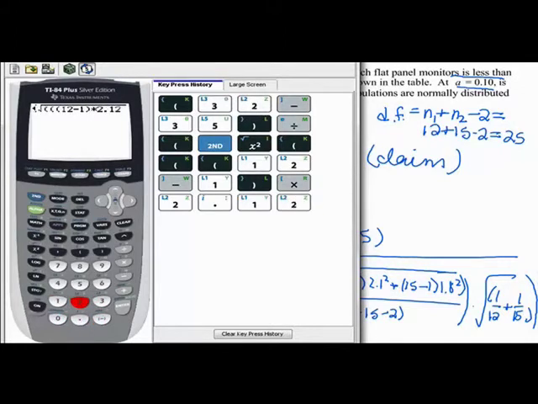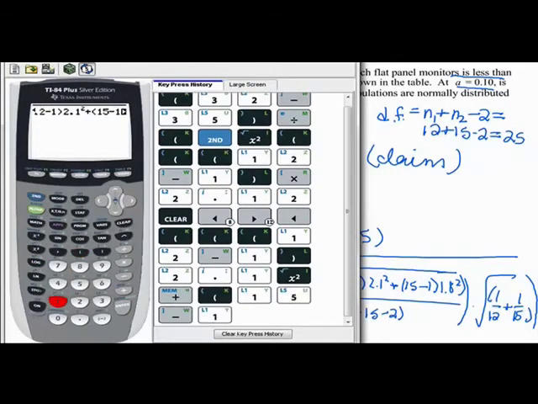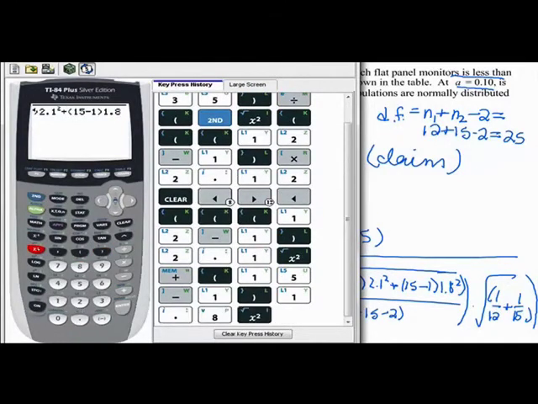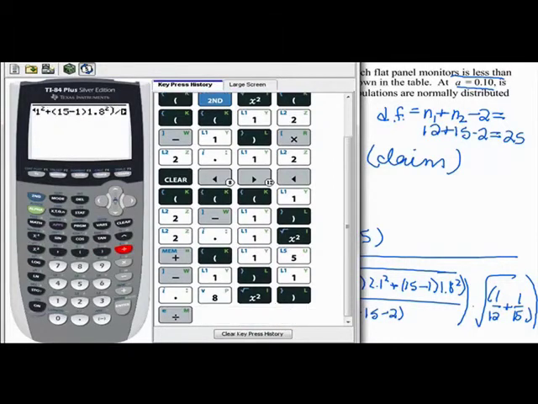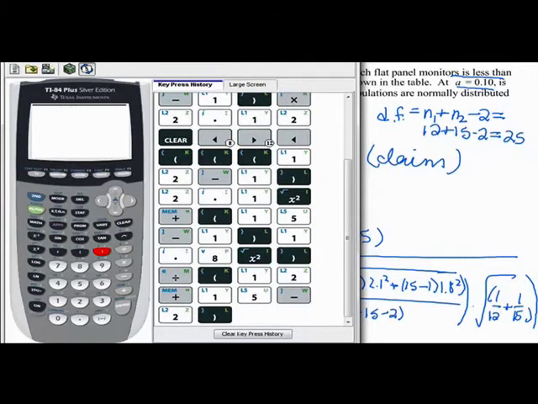We've got to square that. Plus parentheses 15 minus 1, close parentheses, 1.8 squared, close parentheses for the numerator, divided by, open parentheses for the degree of freedom, 12 plus 15 minus 2, close parentheses,